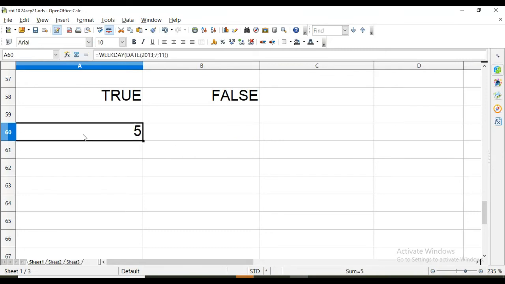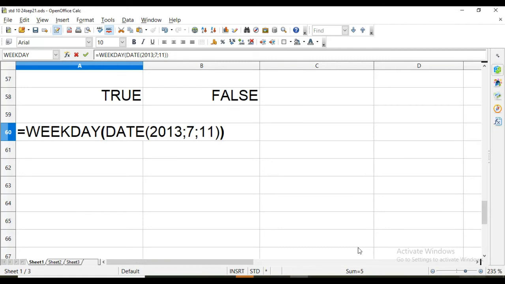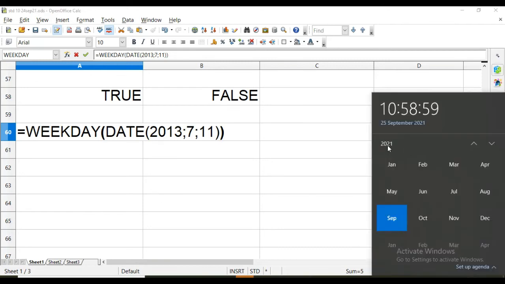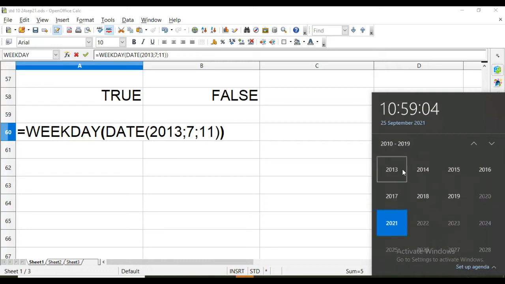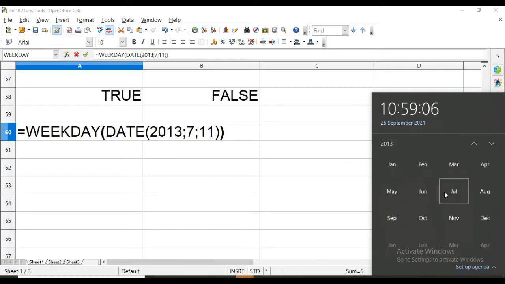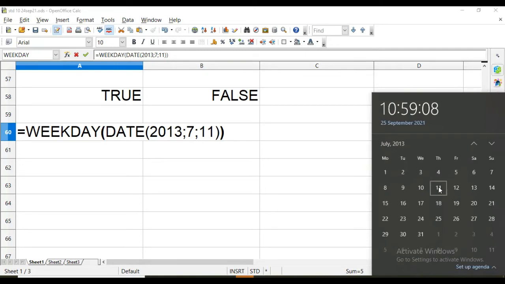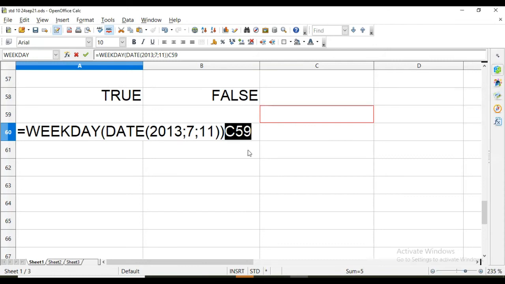So this is weekday number 5. So on July 11, 2013 it was Thursday. If the computer starts the week from Sunday, then this is the 5th day: Sunday, Monday, Tuesday, Wednesday, and Thursday. That is the 5th weekday, so we get that here as the result.